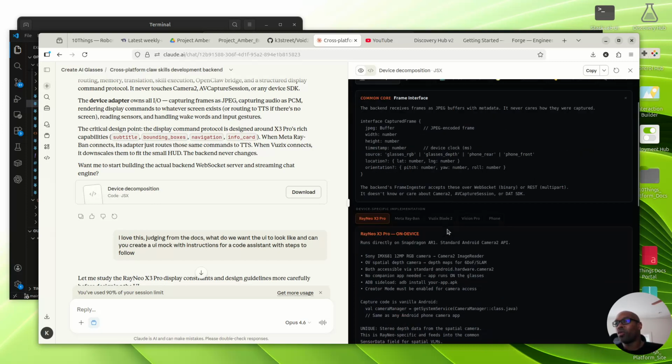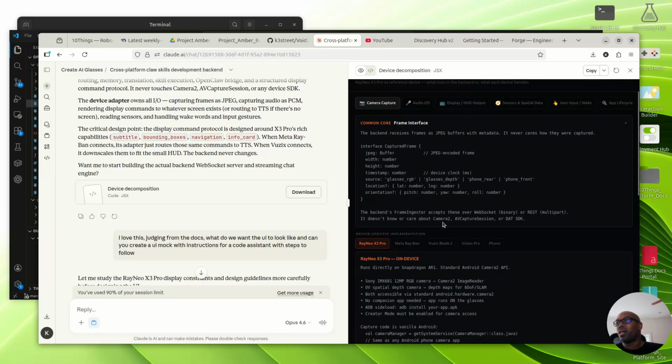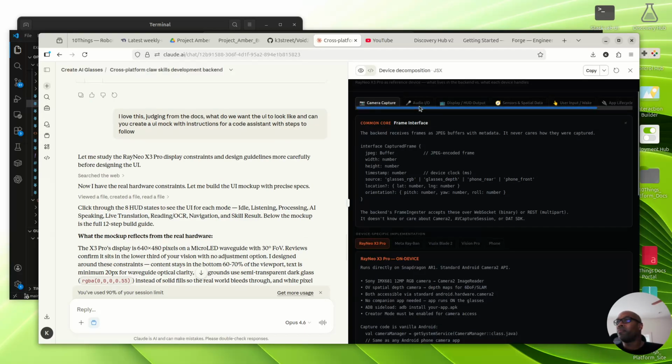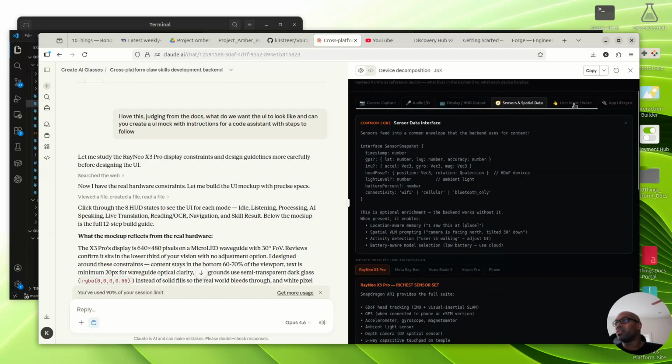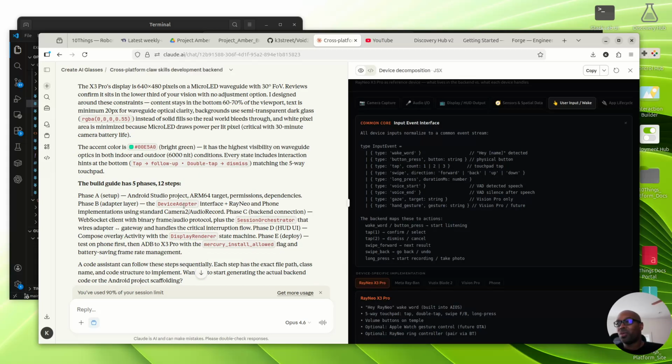What's the common core? What are some that are more fantastic than others? Incubate the idea, which device should I use first? I have all these different devices, etc., and it goes over all these different parts, like it helped me think through all this. I'm using 90% of my session. That's okay. I usually do one of these a month, and I have like 35 of these backed up.